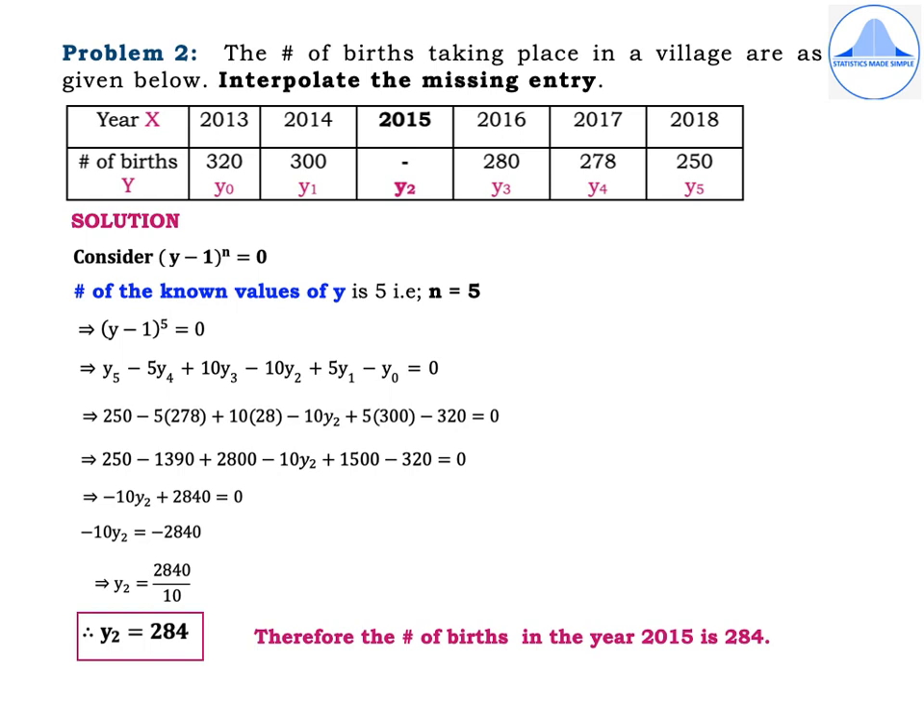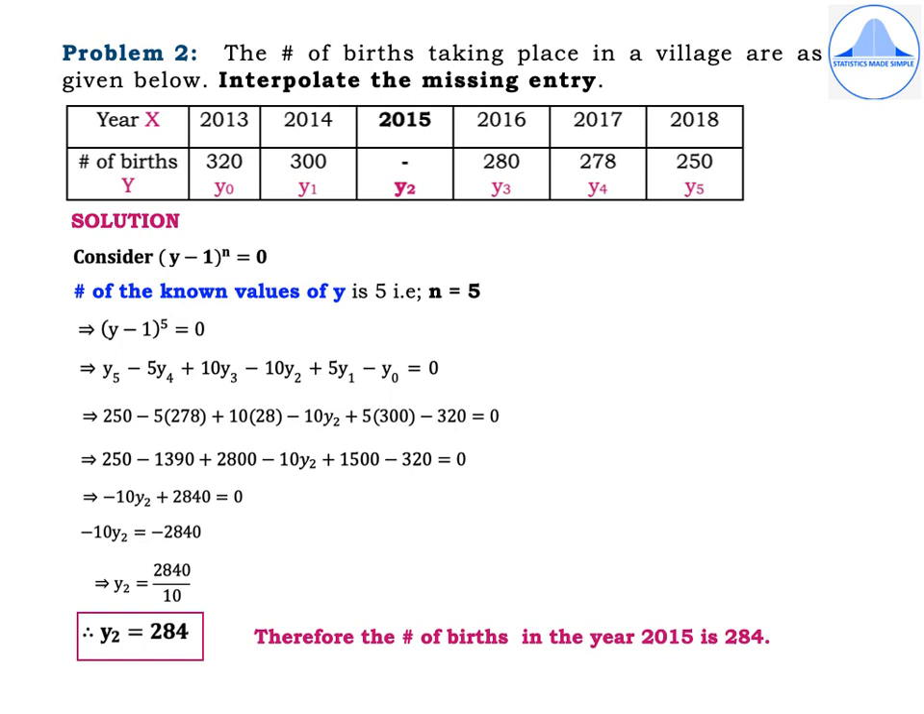Substituting the y values, you'll get 250 minus 5 into 278 plus 10 into 280 minus 10y2 plus 5 into 300 minus 320 equal to 0, which implies 250 minus 1390 plus 2800 minus 10y2 plus 1500 minus 320 equal to 0, which implies minus 10y2 plus 2840 equal to 0, minus 10y2 is equal to minus 2840,